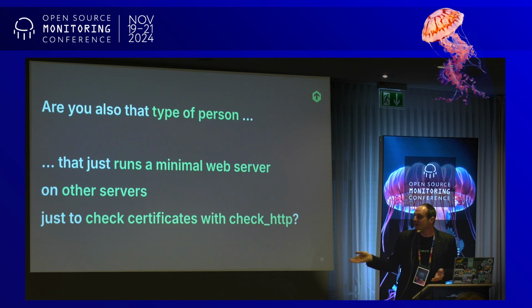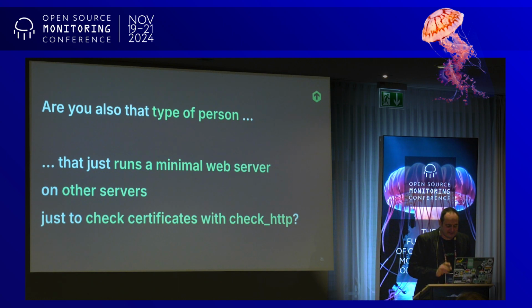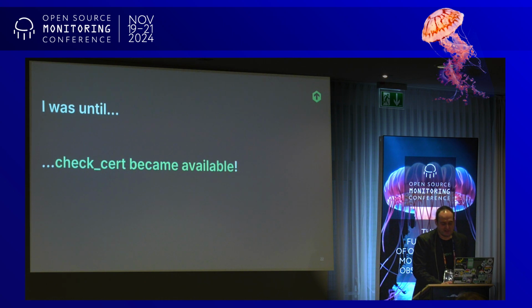For example, when maintaining an email server, just having this minimal web server for the certificates, but my colleagues also developed